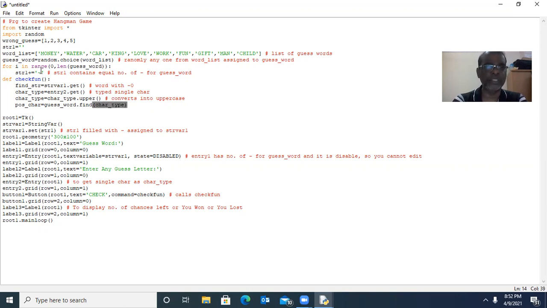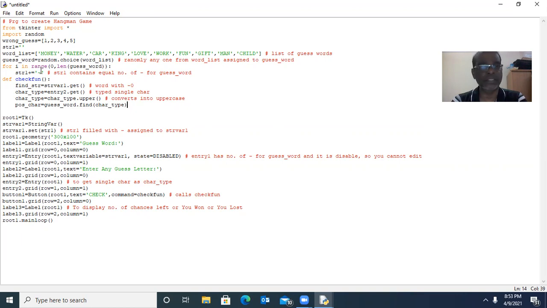Just assume guess word as car, char type as C. So here guess word is car dot find C. 0 will be returned to position of char. If find returns negative number, minus 1, whatever character you typed in entry 2 is not available in guess word.